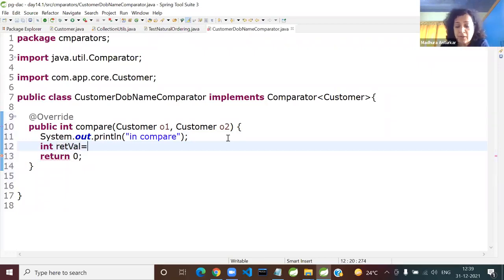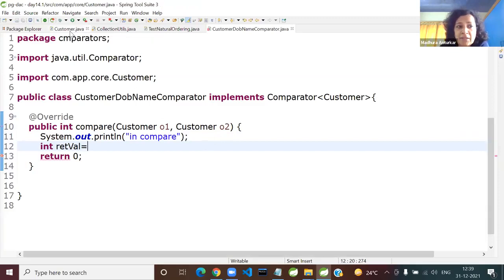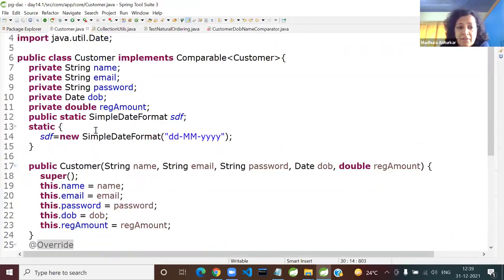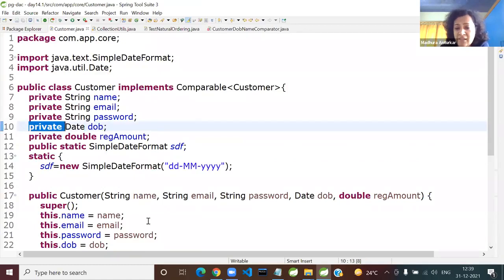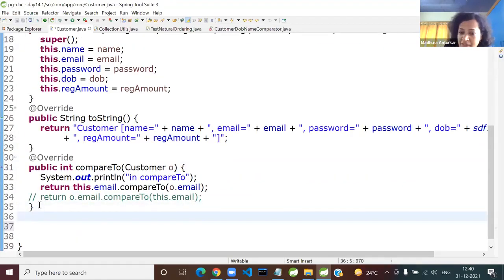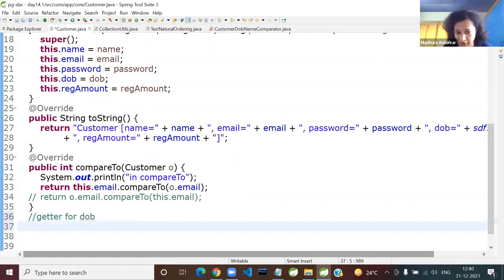Now tell me, this date of birth data member, will it be accessible outside this class? No. So what is it we'll have to supply, a getter or a setter? Of course, you'll have to supply a getter. So let us write the getter. Today I'm just reconnecting with all of you, so later, once you have the confidence, you can generate it. Here I'm not generating. We are writing the getter for date of birth, and later we will generate the getter for name directly.